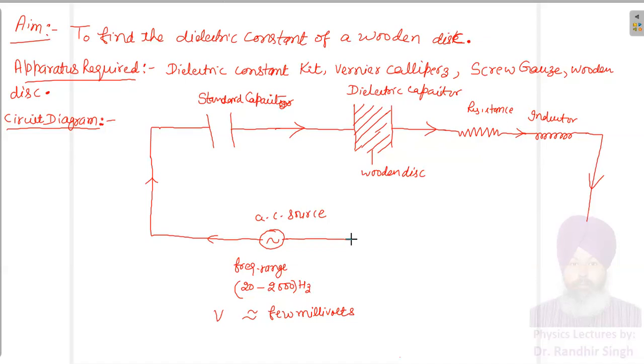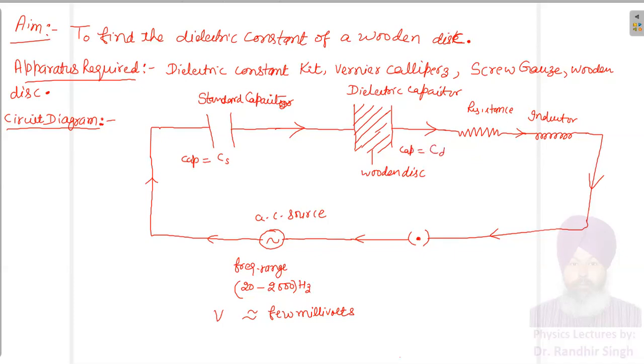And then of course we have a key, and then we can complete this circuit. So kindly remember this thing. So this is the circuit diagram. So the capacity of this capacitor is Cs, and the capacity of this capacitor